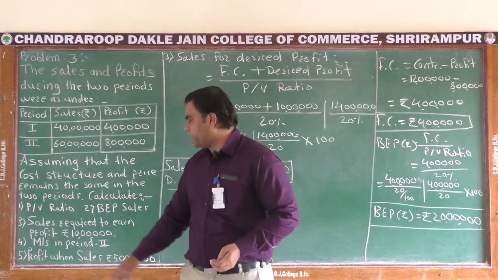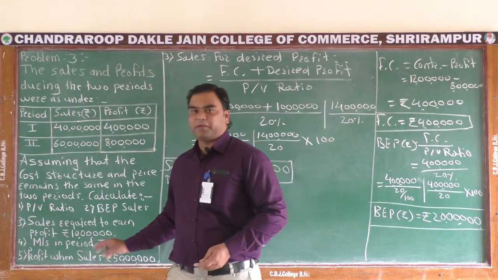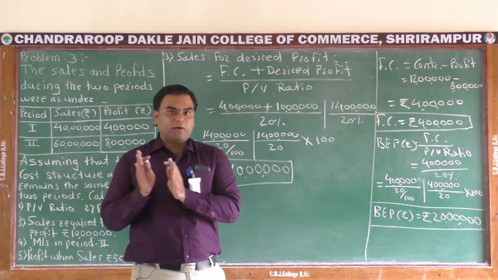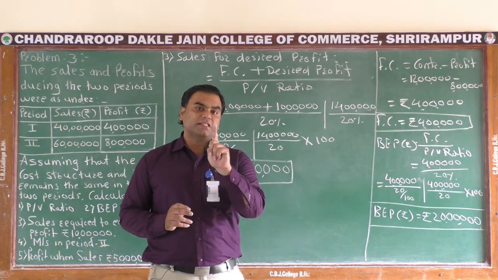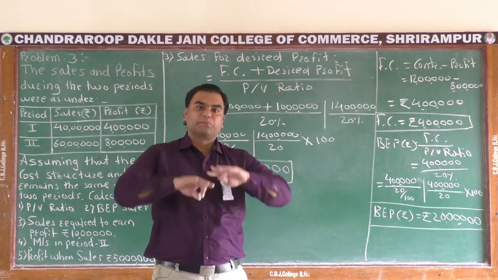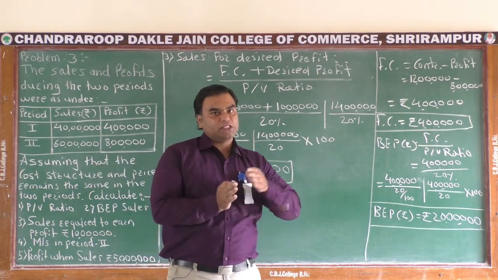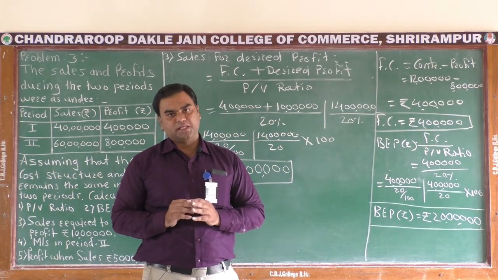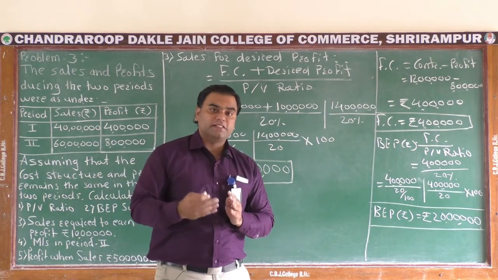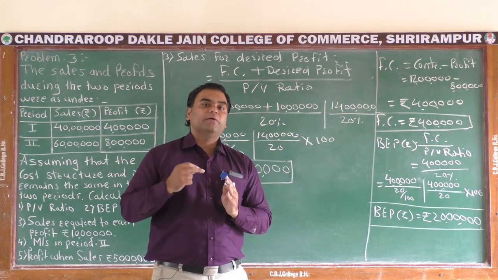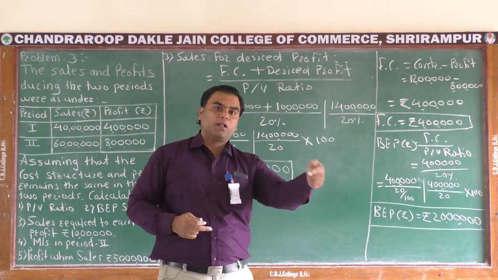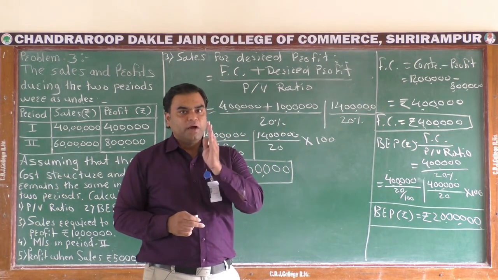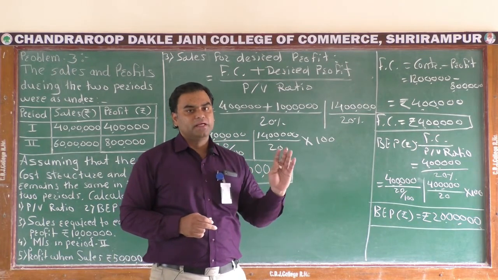Now we are going to calculate fourth item, that is margin of safety in period second. As we know, what is meant by margin of safety? Margin of safety is nothing but the part of sales. When we split total sales into two parts, first part will be the BEP sales and the second remaining part will be called as margin of safety sales. In other words, margin of safety is nothing but the excess of actual sales over BEP sales, or in formula way, margin of safety is equal to actual sales less BEP sales.